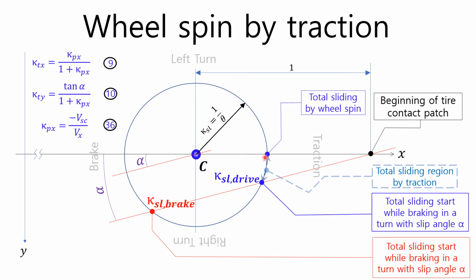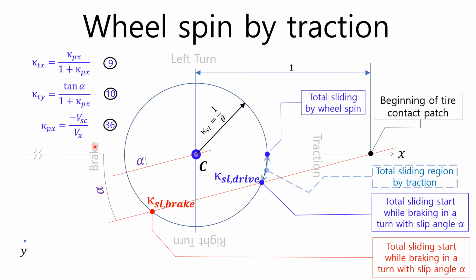Unlike braking, the reason why the position of total sliding of wheel spin in traction is on the x-axis is that, as shown in equation 10, when wheel spin occurs, a wheel rotates in place, so kappa px goes to infinity, and kappa ty converges to 0. In equation 36,